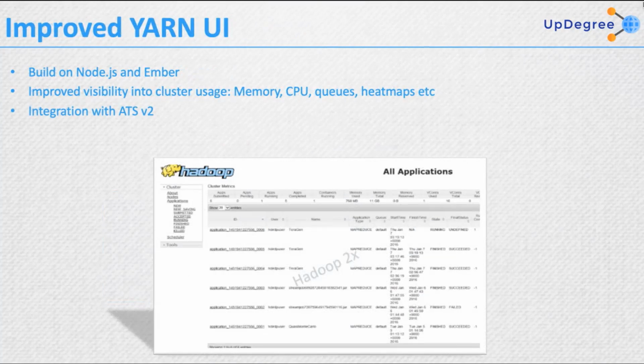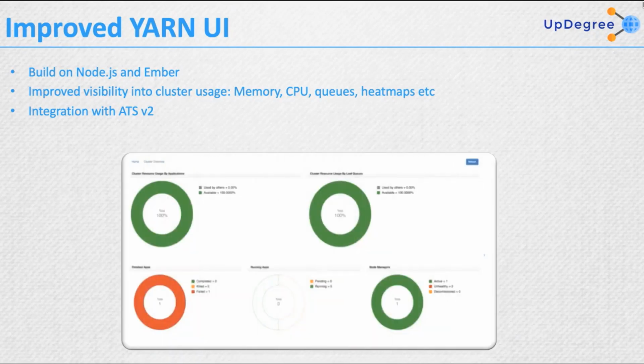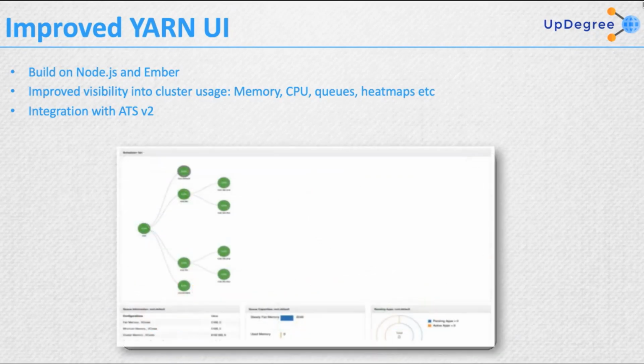This is the UI that we were using earlier, which is very straightforward. It looks like a very basic kind of UI where you just click the buttons and it gives you the information. That's it. But now we have a better Yarn UI, which is built on Node.js